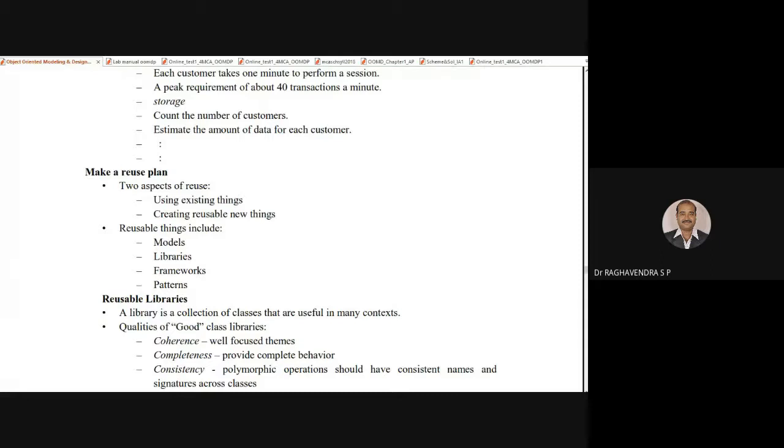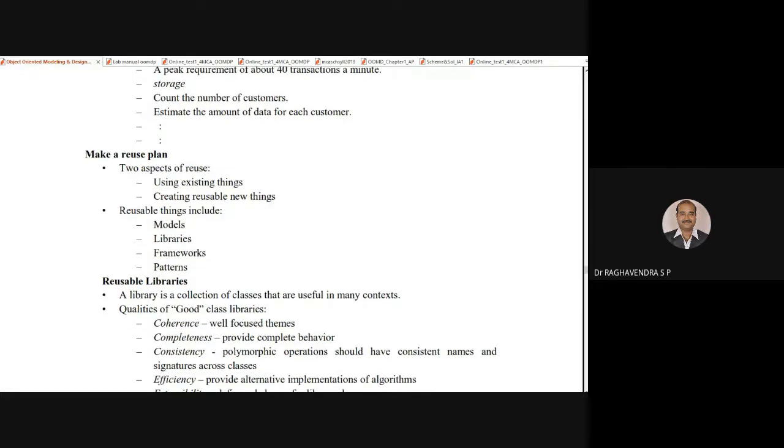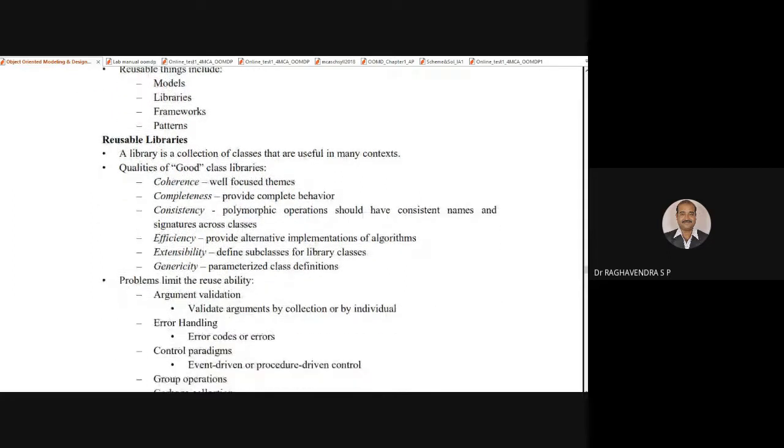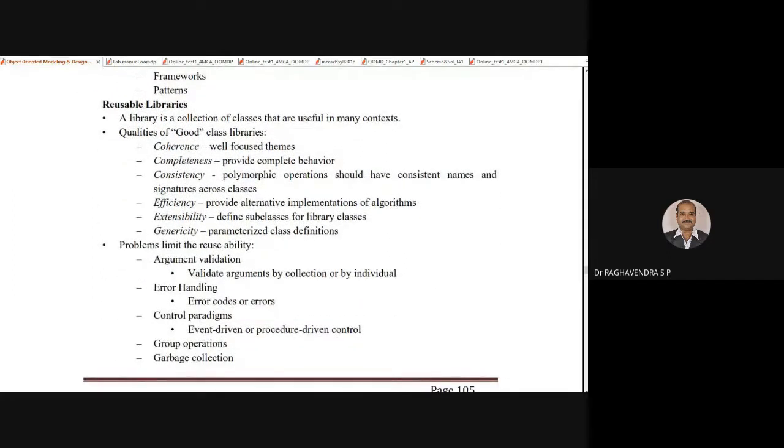I have told you a lot about patterns: architectural patterns, design patterns, communication patterns, management patterns like command processor. So these things, if you define once, they can be used in the future also. That is called reusability. Now, if you focus on reusable libraries, a library is a